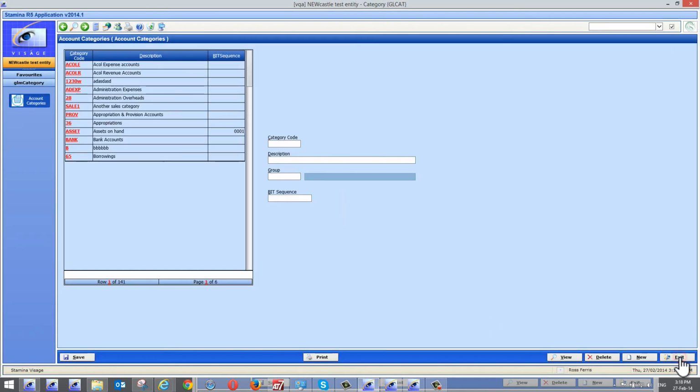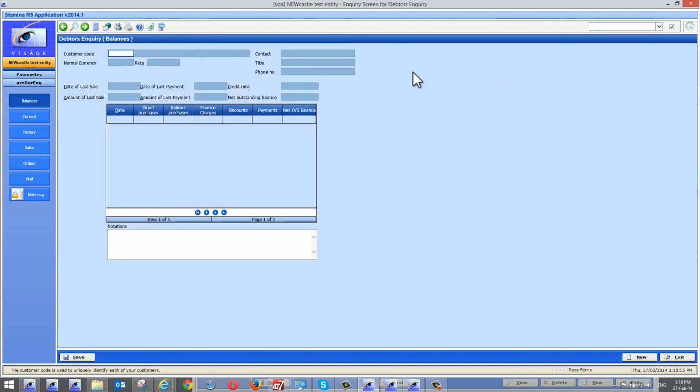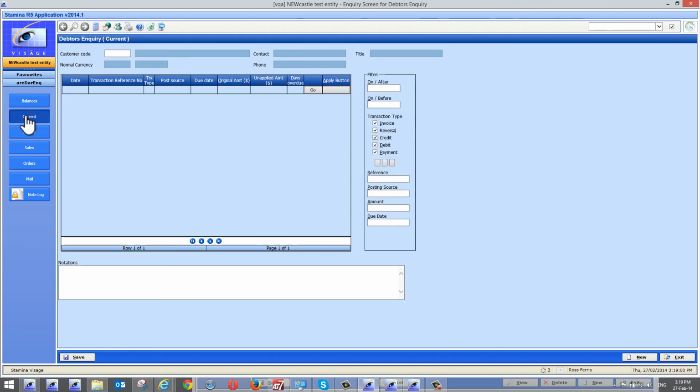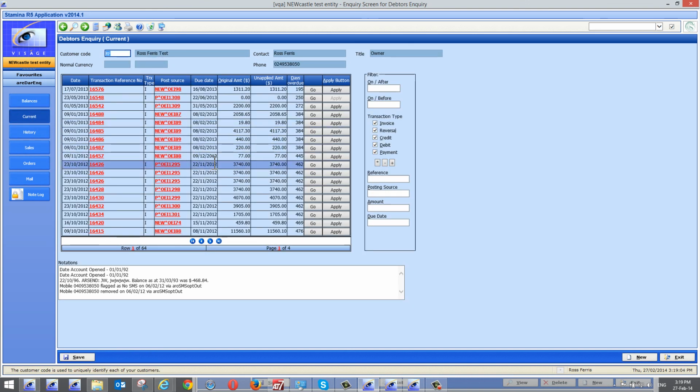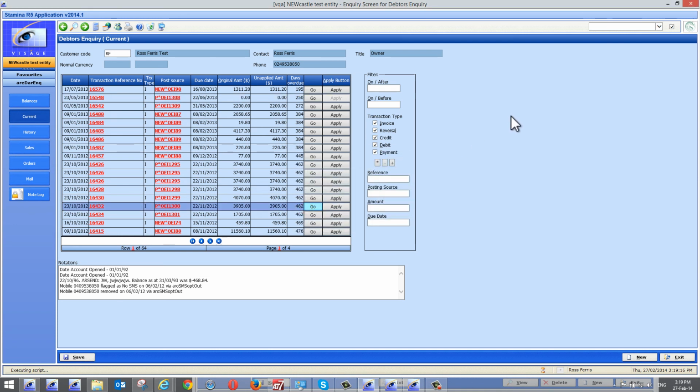but if we went back to one of our other processes that we had before, that debtors inquiry, I might have been looking at this particular debtor. I might have had a list of my current transactions. Now this might be something that I do want to put in an Excel spreadsheet to send off to the customer. So the same sort of deal, right click, say I'd like to export data, put it out to an Excel spreadsheet, click OK, and once more my disk light is flashing as Excel fires up, and any second now,